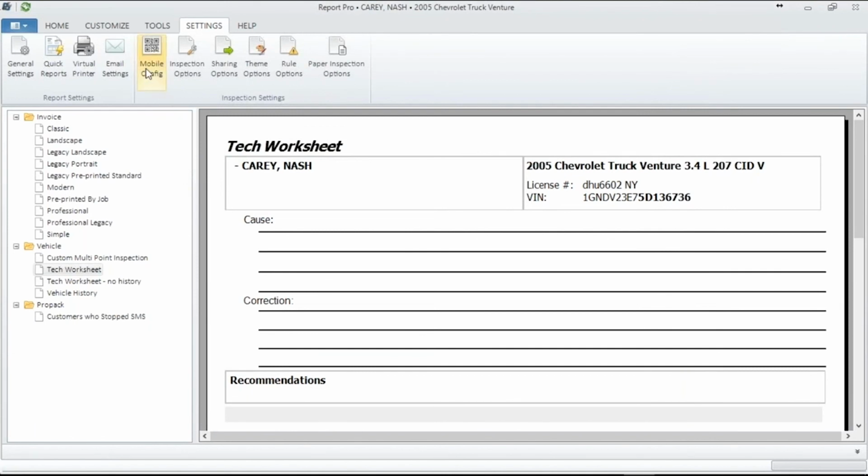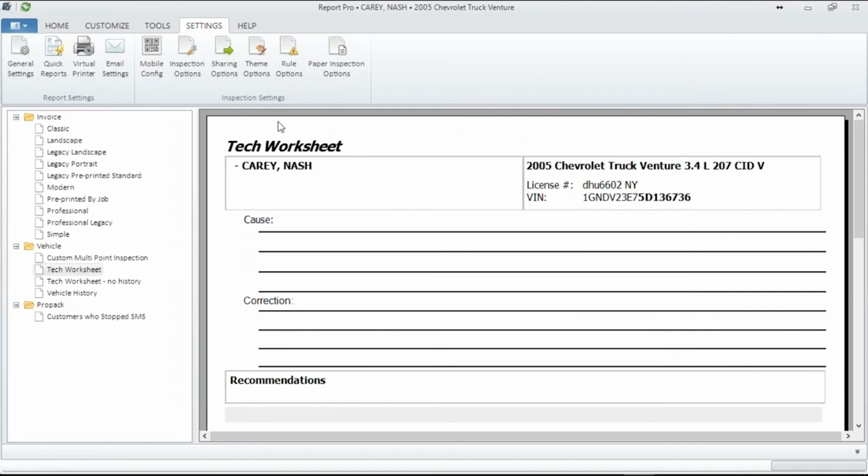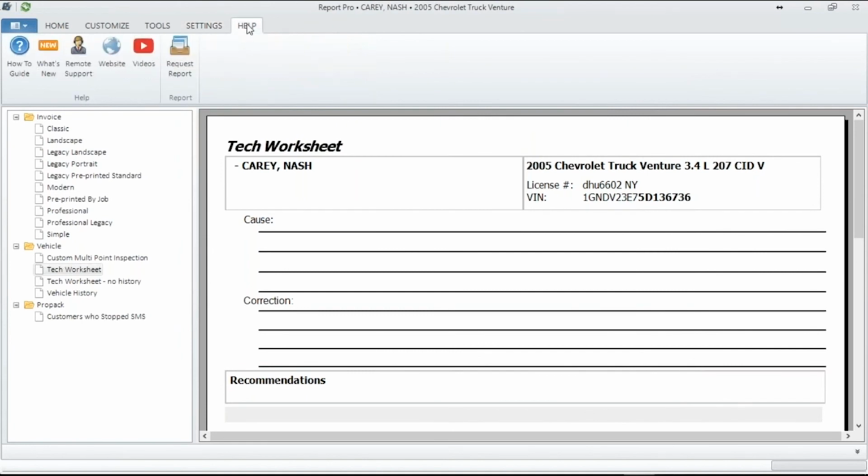You folks that have mobile technology, once in a while the tablets are going to lose connection because of a software update for Windows or something like that. All you have to do is go to your settings on the tablet in the left-hand menu, bottom side, scan this in, and it's going to reset up your IP and your port address, and that's something we'll cover in Mobile Manager. We already went through the inspection options and themes already, so we're all good there. And your paper inspections, we're going to let go. And finally,